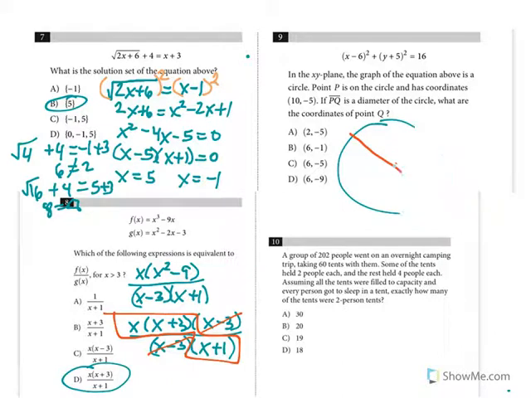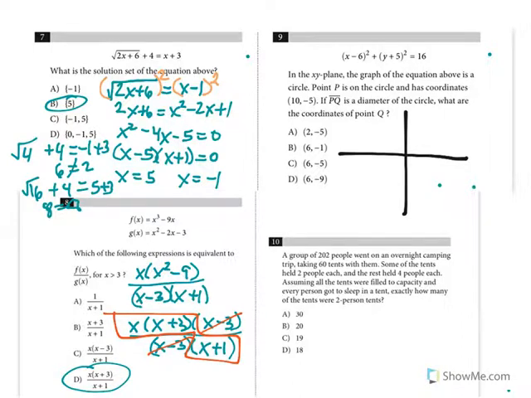Actually, as I read this, let's make a few changes here so we can match it up with what they give us. So looking at the equation of this circle, I see that my center is at 6, -5. So 6, -5, let's just put it right there. And it is saying point P has coordinates 10, -5. So that's 10, -5,